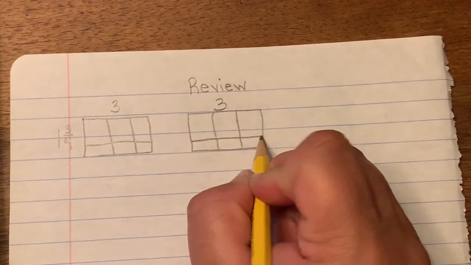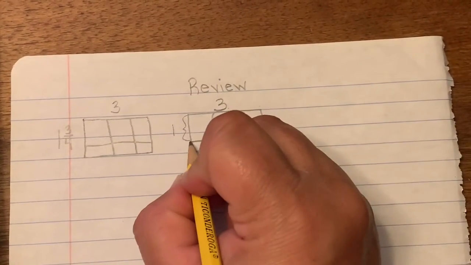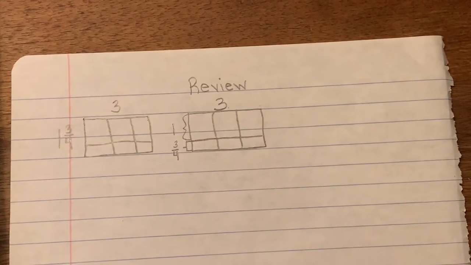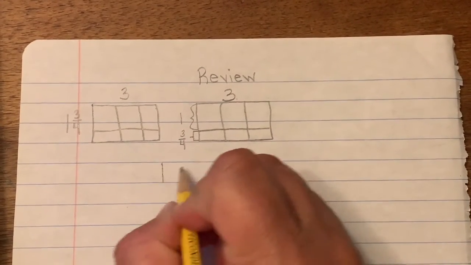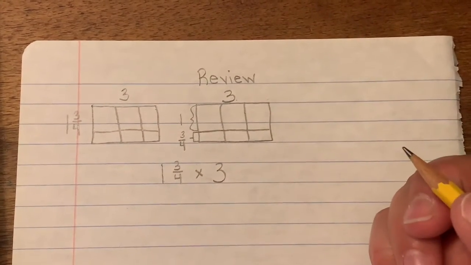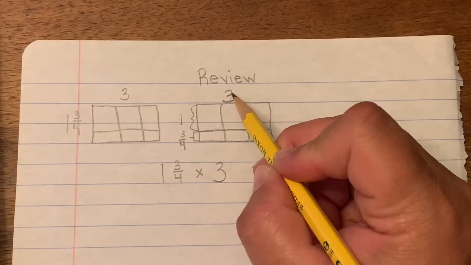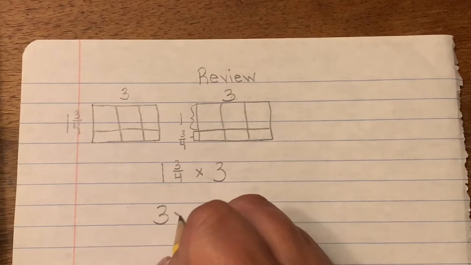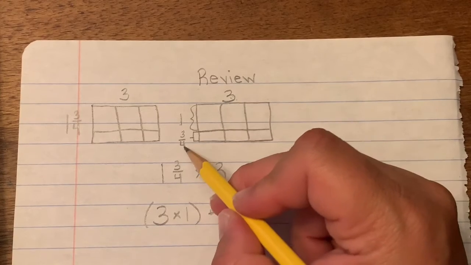But then down here, this part here is my 1 whole, and this part here is my fraction, 3/4. So we were taking this and breaking it up, and we were saying, okay, I have 1 3/4 times 3 in order to find the area. But the first thing I want to do is take 1 times 3, or 3 times 1. So let's say 3 times 1,